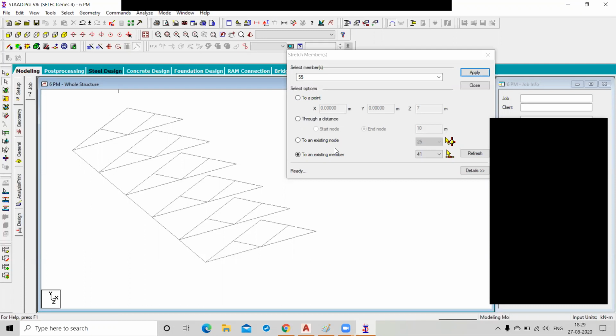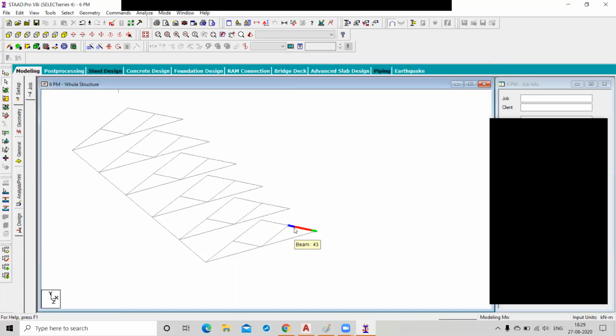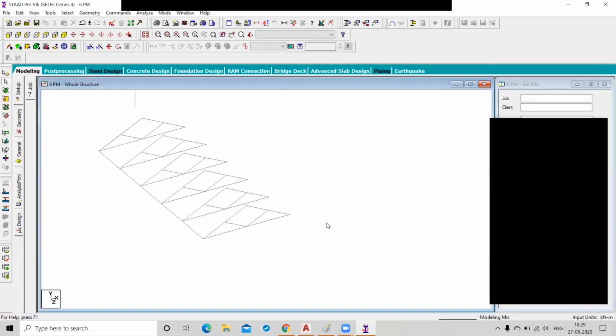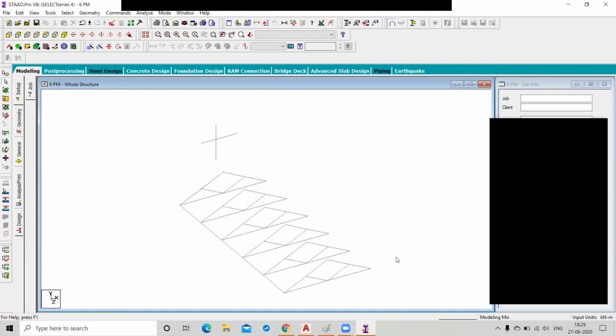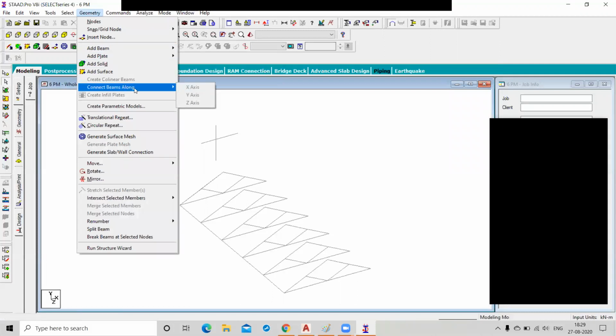No, sir. Collinear. Can you please explain collinear? In the geometry, this connects along the collinear beams. Okay.